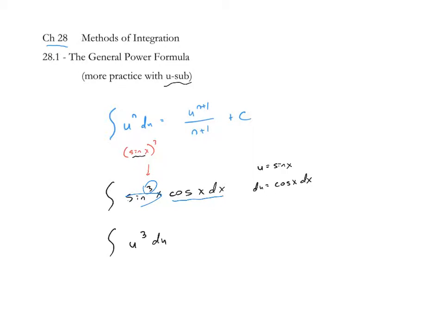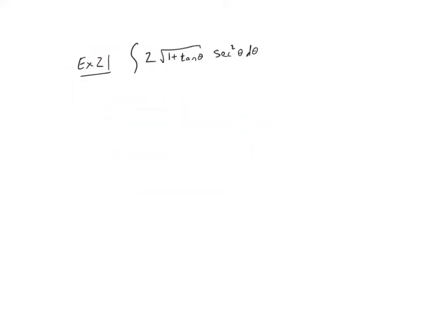And hey, that's an integral we've been able to figure out for a while now. This is u to the fourth over 4 plus c, and then we back substitute. Sine to the fourth x over 4 plus our constant of integration. Boom, done. That's it. In our next example, we have to integrate 2 times the square root of 1 plus